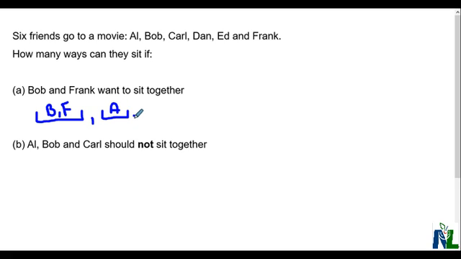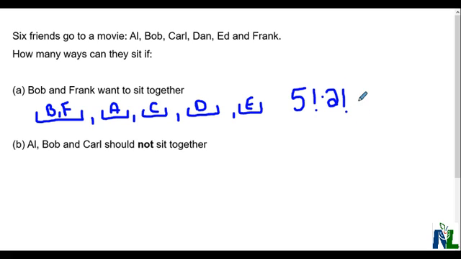I also have Al and Carl and Dan and Ed. So we look at how many ways can I arrange 1, 2, 3, 4, 5 people. That's 5 factorial. Now if I look at Bob and Frank here, they can be arranged themselves in 2 factorial ways. So if I dig out my calculator now, 5 factorial is 120, 2 factorial is 2,